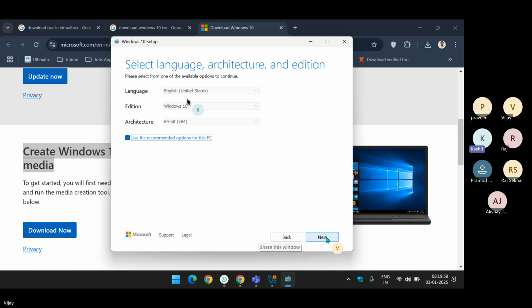Now then you have a checkbox which says use the recommended option for this PC. Uncheck that box. Okay, we are not doing it for this computer. We are gonna create a new machine. So let's click on next